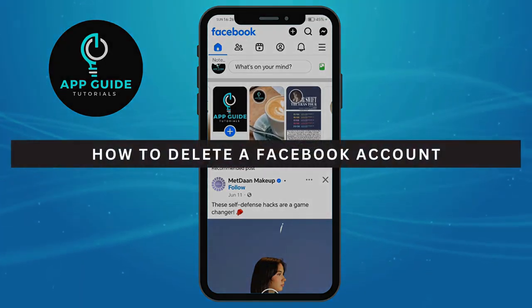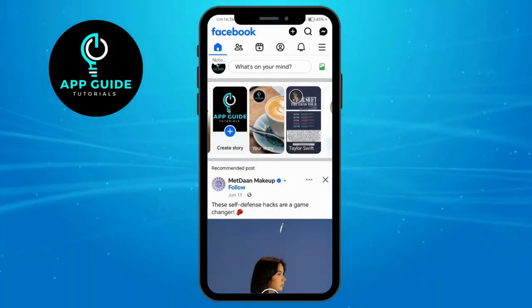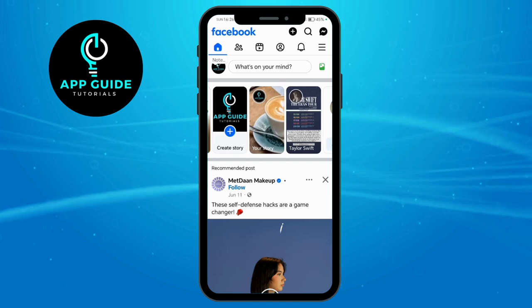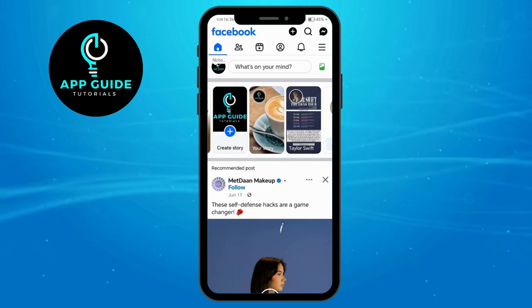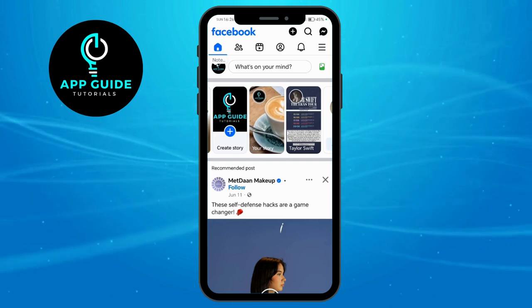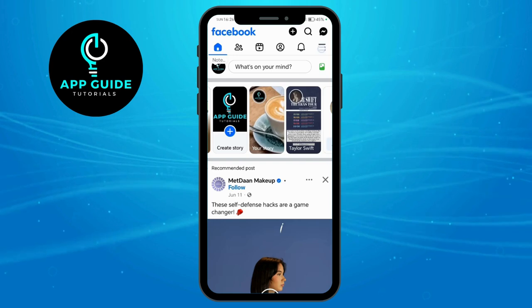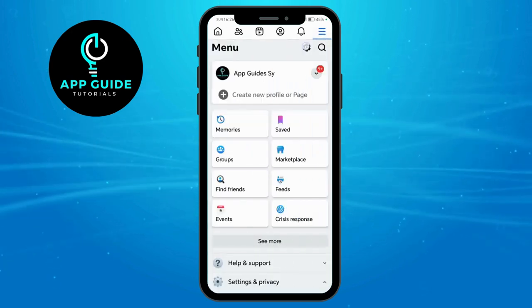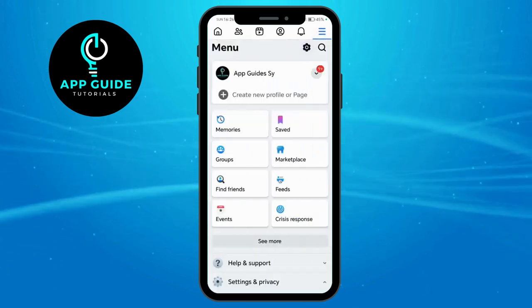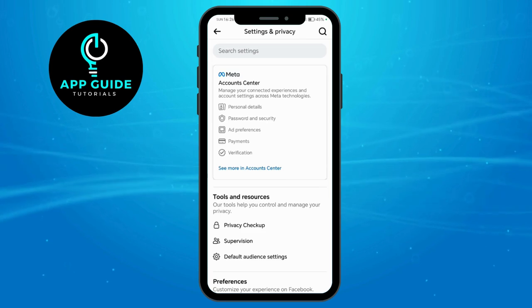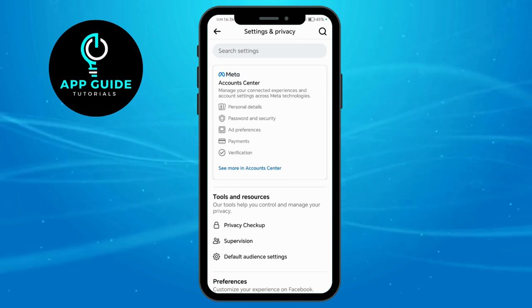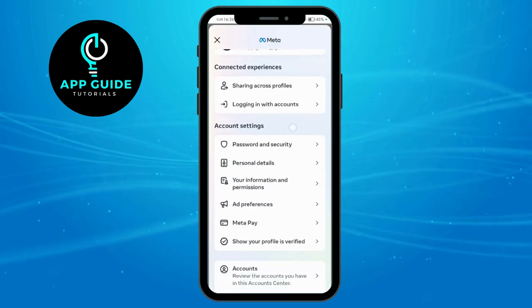How to delete Facebook account. Now, if you want to delete every content of your Facebook account or delete your Facebook account overall, all you have to do is to tap on these three lines on the upper corner right here and click on the settings icon right here. After clicking on that, you just have to tap on Account Center and scroll down until